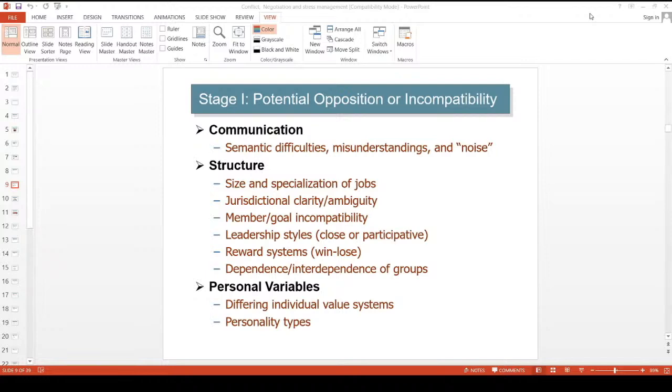Finally, if the group is dependent on another group, opposing forces are stimulated. If the groups are more dependent on each other, there will be more chances of conflict in that particular group. If the groups are more interdependent with each other, there will be fewer chances of conflict between those two groups. So in this way, these structural components can lead to the chances of conflict or the initiation of the conflict